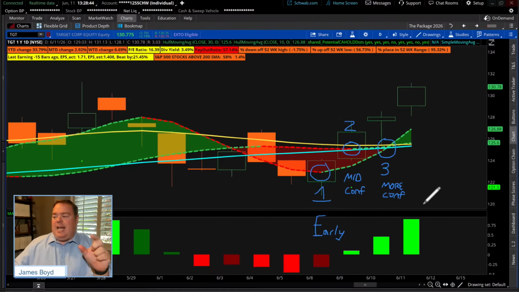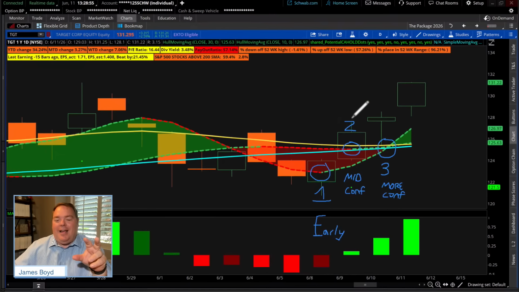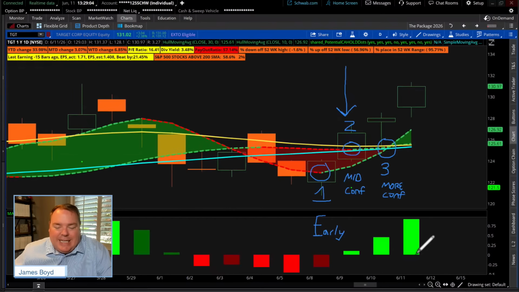Now, Ludus Lab says 3, Pia says 2 and 3. I knew Pia wants confirmation. She just likes confirmation. Now, Surreal 3. Okay, now if you said, James, in the paper money account, which one does the paper money account like? The answer is 2, okay? It tries to get the middle of that.